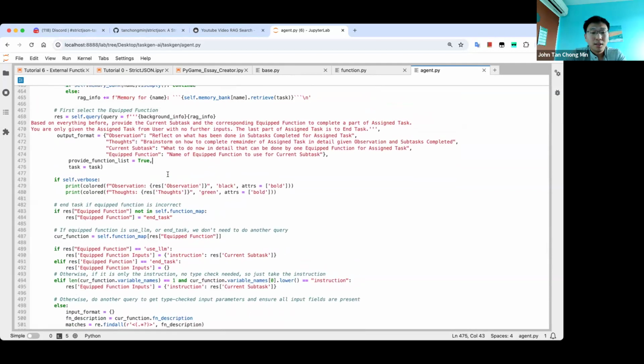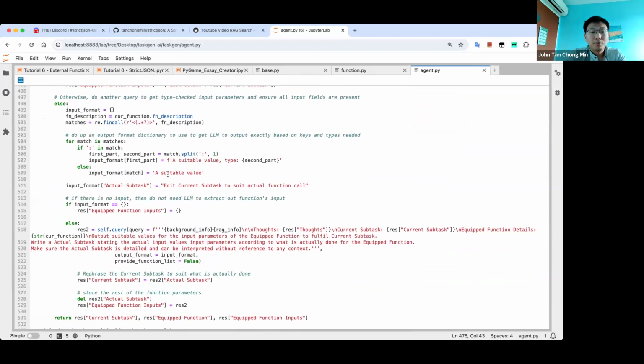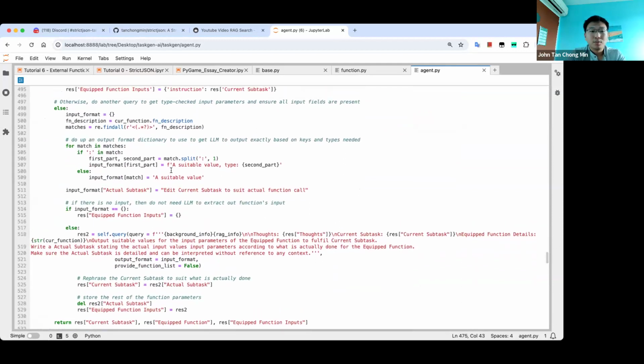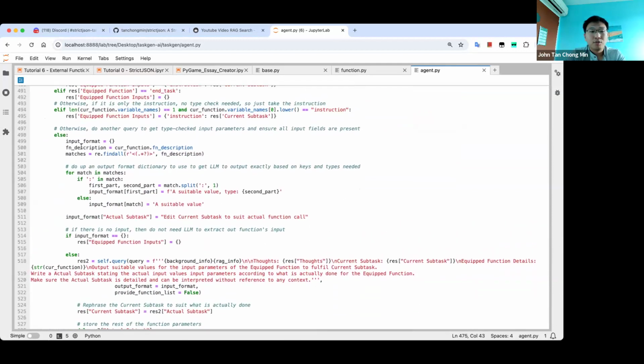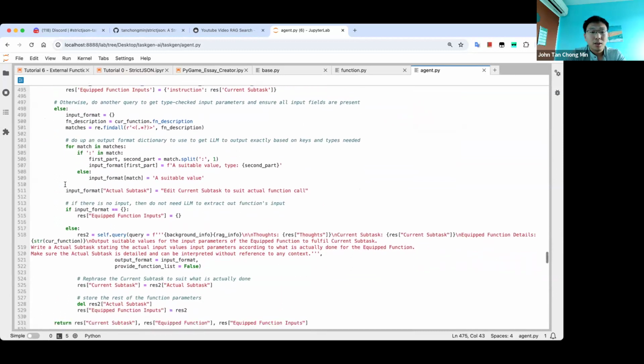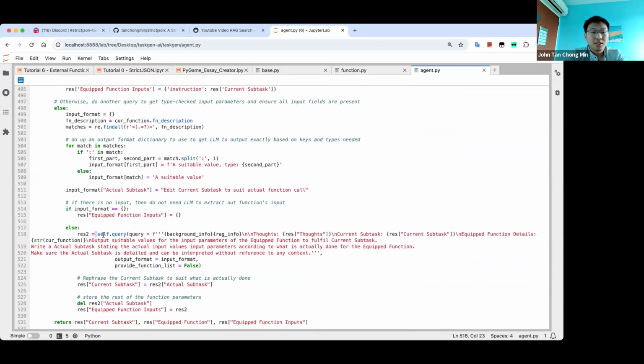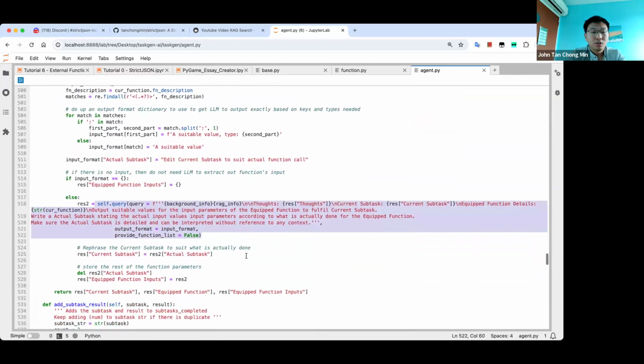Okay, so I have one last part to talk about before I go back to the Jupyter notebook. I actually do type checking for the equip function by doing a StrictJSON call. This is a StrictJSON call under the hood. Based on the thoughts that we have, the current subtask that has been chosen, and the equip function that has been chosen, I ask the LLM to put in the values, and I rewrite an actual subtask,